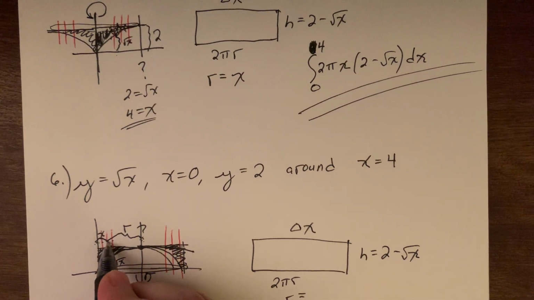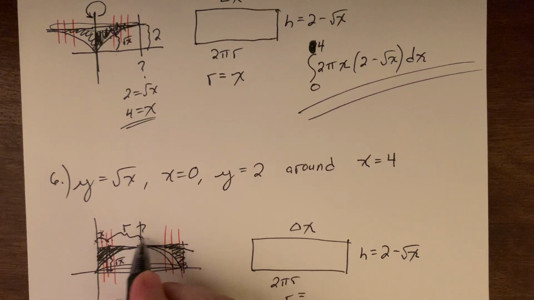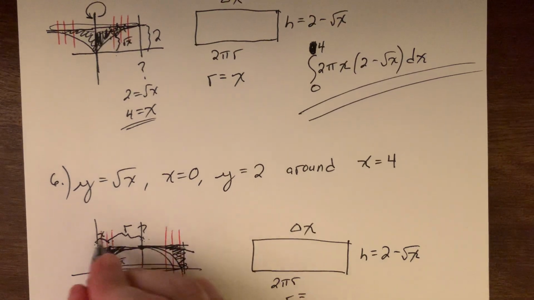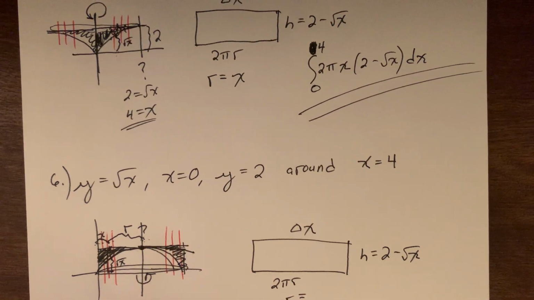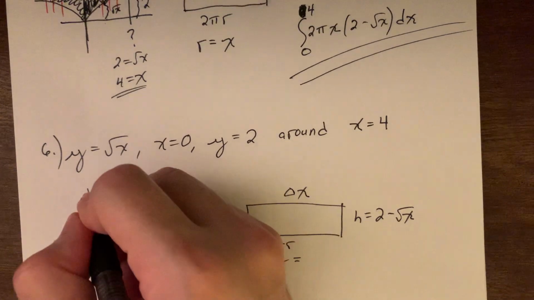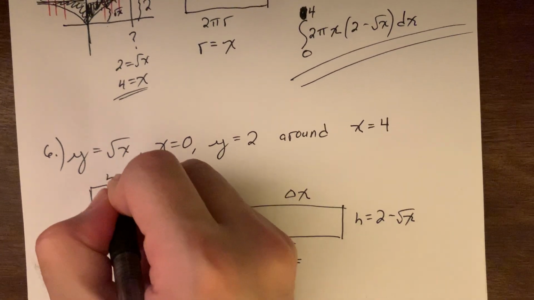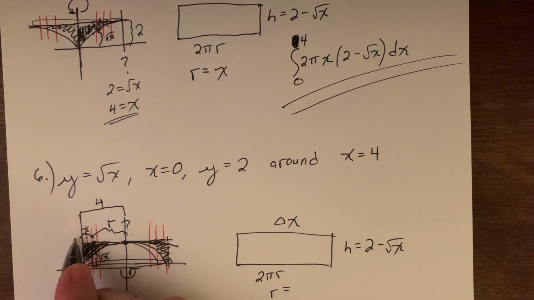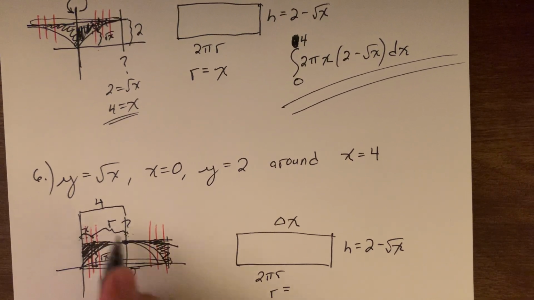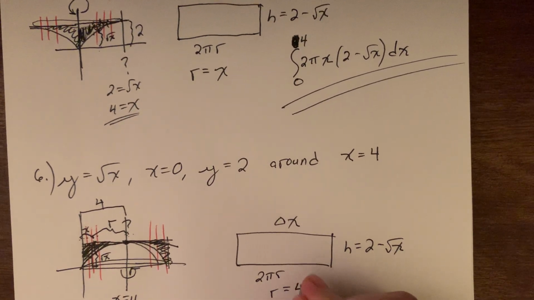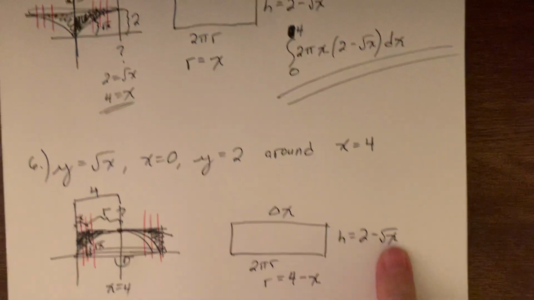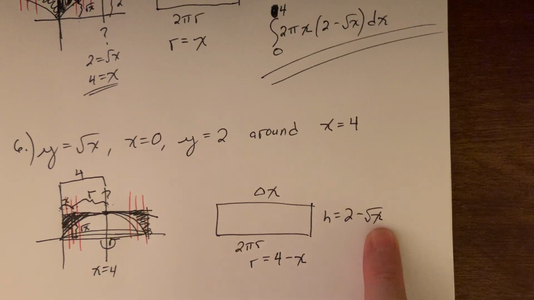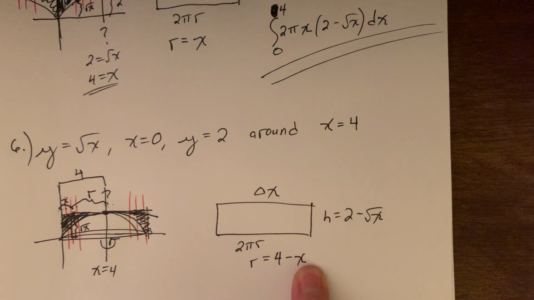So if I know this distance is x, how does that help me find this distance over here? It comes back to this last piece. We know that is a total distance of 4. So if this piece is x, then this piece is 4 minus x. We use different, here we're using the equation from the curve, here we're just using the generic x value, but these are